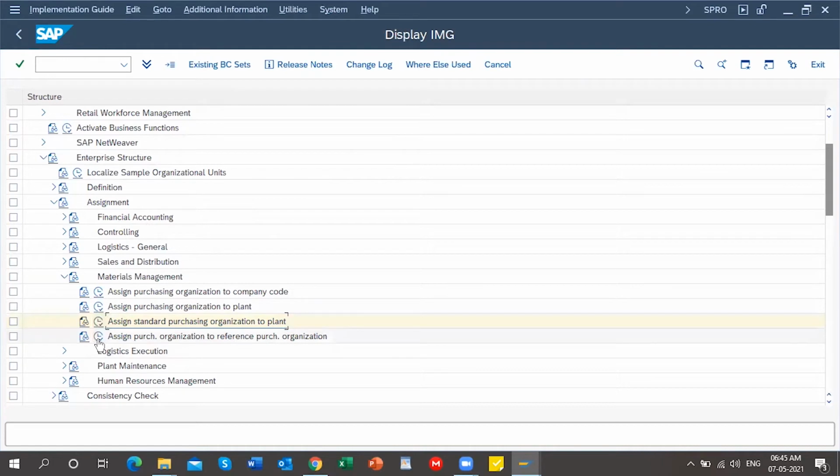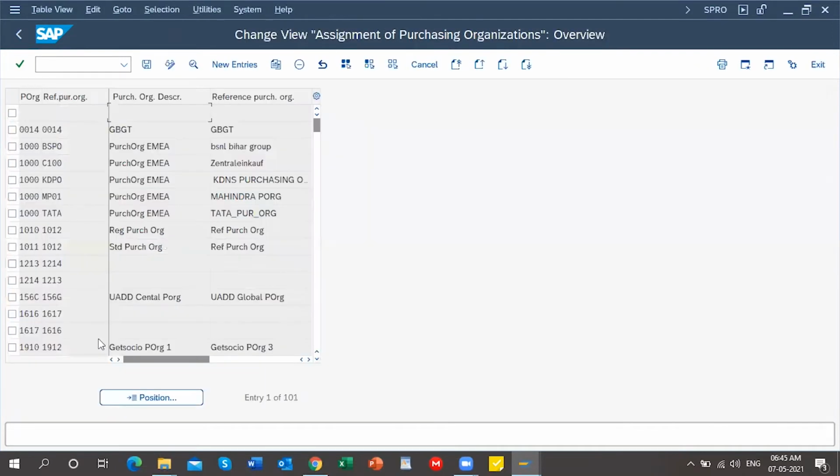Okay, now go to assign purchasing organization to reference purchasing organization. See, what exactly does reference purchasing organization mean? To deal with any policies or conditions and whatever the setups, these are all maintained at the central purchasing level.